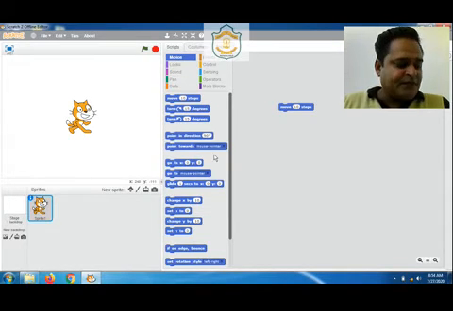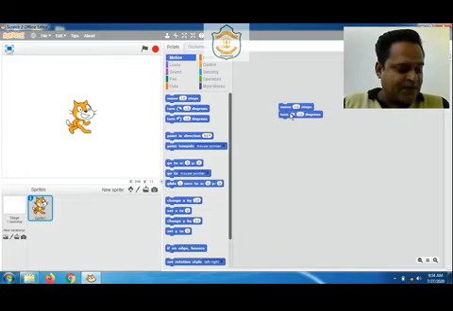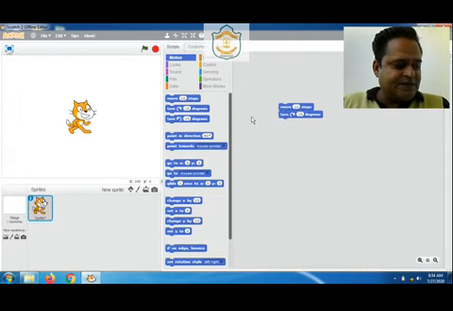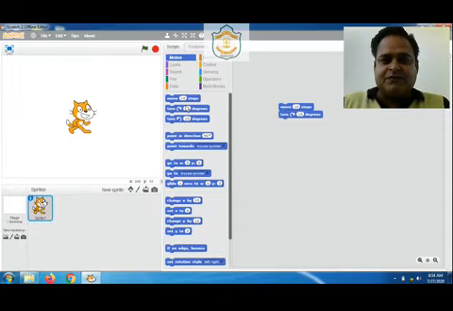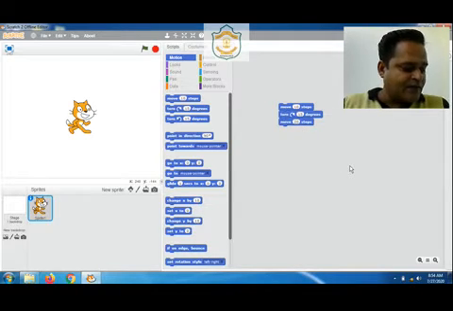Now the second one is turn 15 degrees, so we are using this block. Similarly, the third one is move 20 steps. We can use the same block again and edit the steps here. Got it?